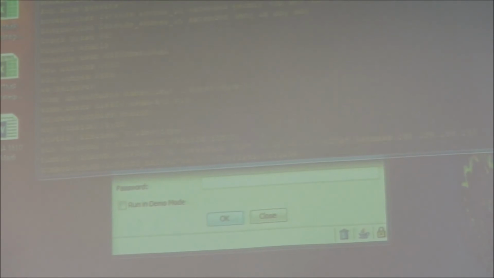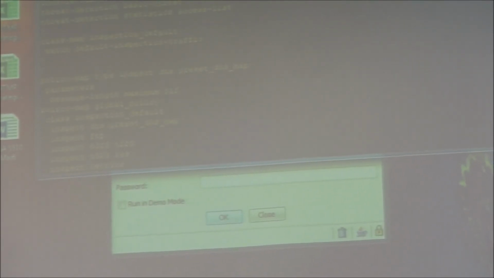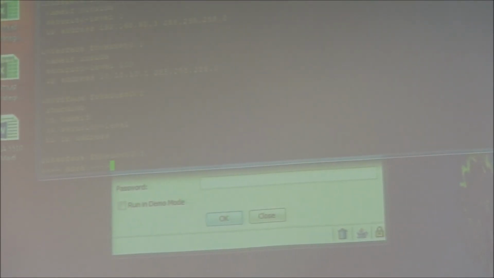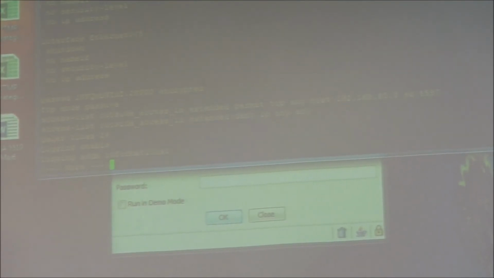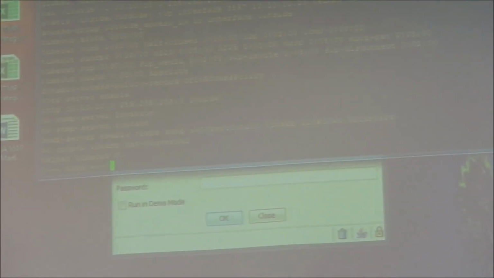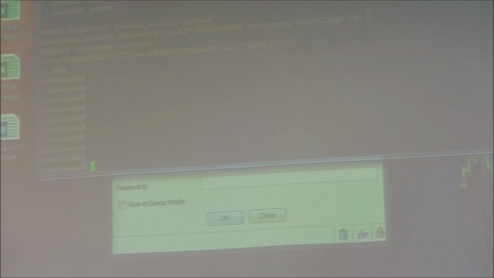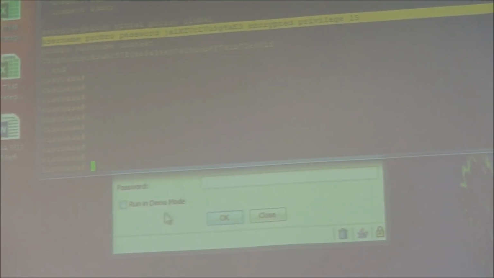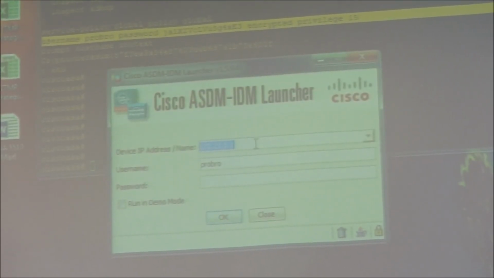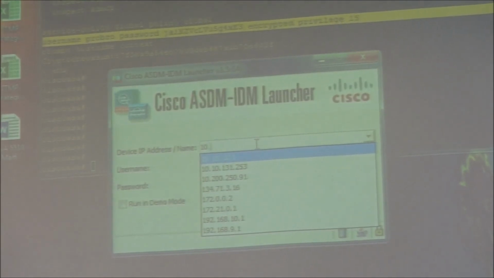I have a username in here. Find it real quick. I hope I have a username in here. If not, that's great. Yeah. So I have my username, my password. I'm set to privilege level 15. So I'm set there. So I change the IP address,